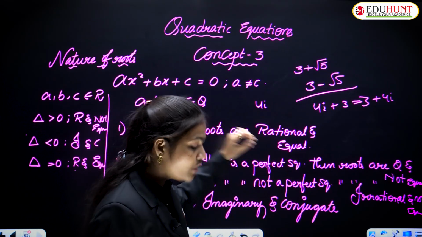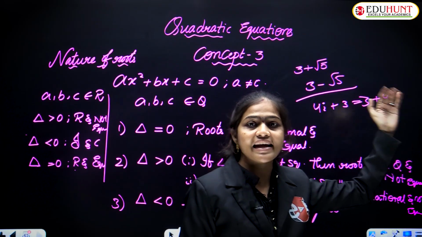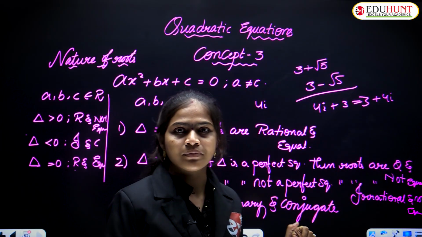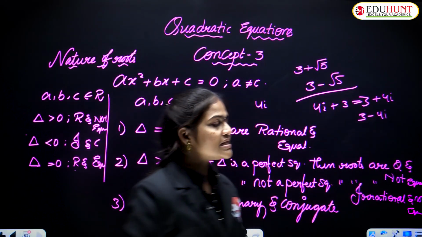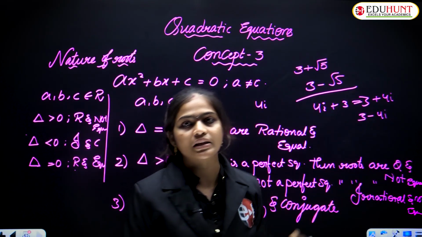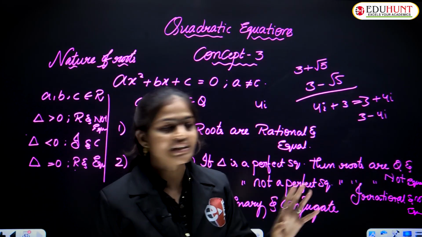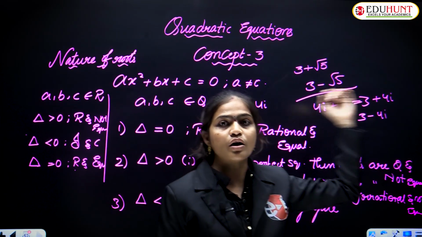For example, one of the roots of a quadratic equation is 3 plus 4i. What is the other root of that quadratic equation? That is nothing but 3 minus 4i. So here we can say that 3 plus 4i and 3 minus 4i are conjugate roots of each other. And in the same way here also, 3 plus root 5 and 3 minus root 5 are the conjugate roots of